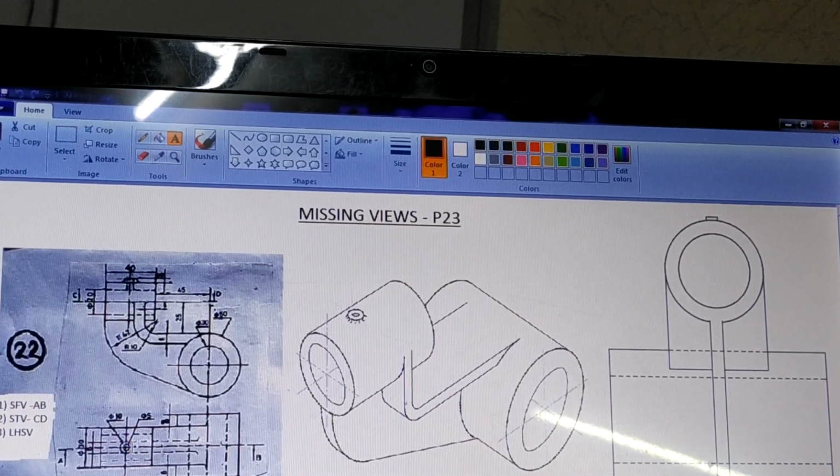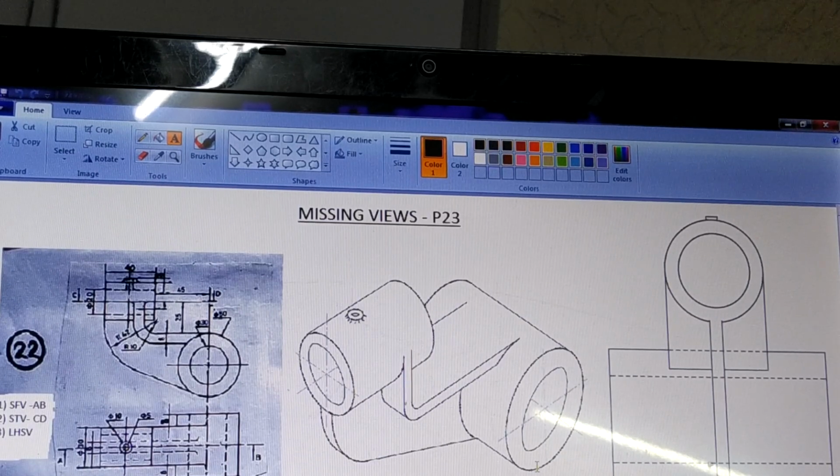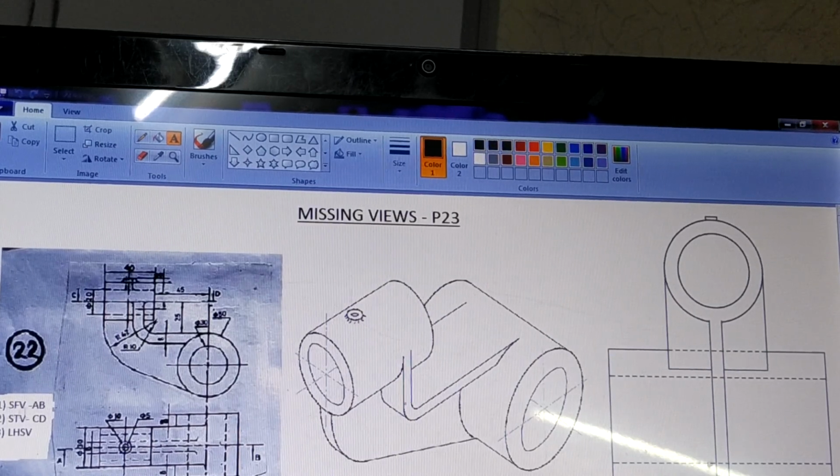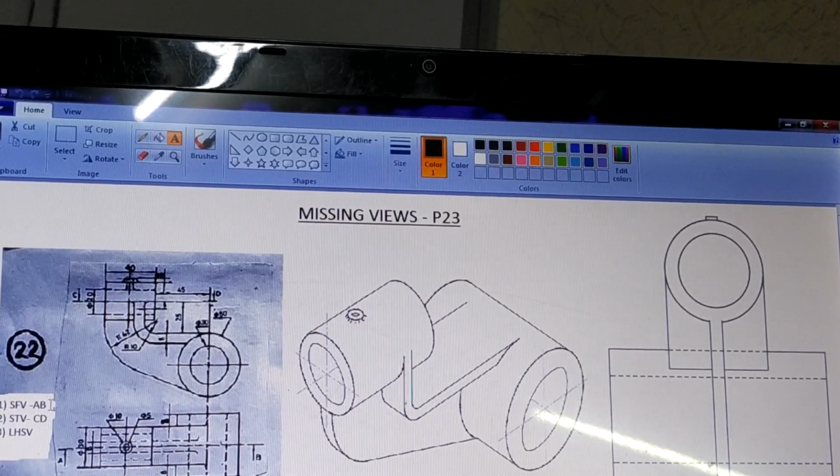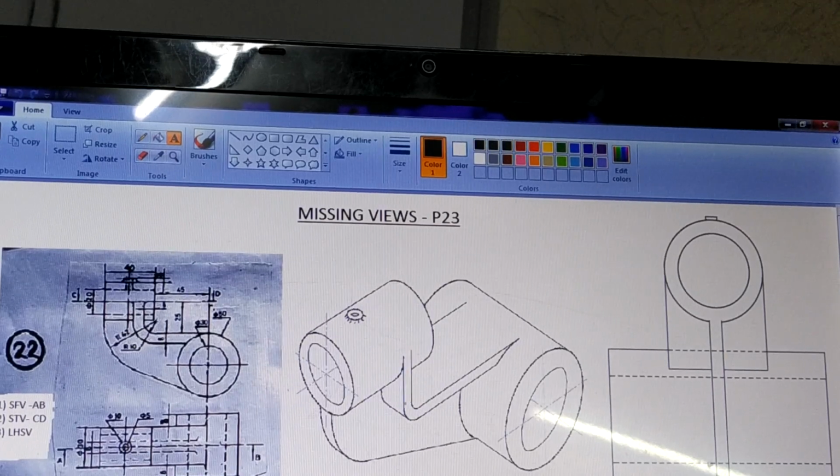Now when you draw, you have to show that, see that the dimensions are also shown so that the entire figure will be clear how it is made up of. So all the necessary dimensions are to be shown, and you have to also write below the figure the title of the figure, that is sectional front view, section AB, sectional top view, section CD, left hand side view. All these things you have to draw near the figure, especially below the figure. So keep a note of all this.